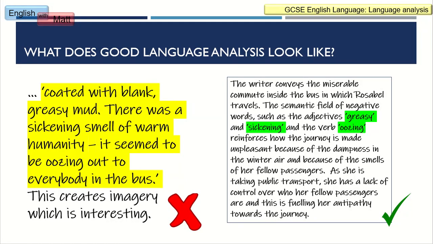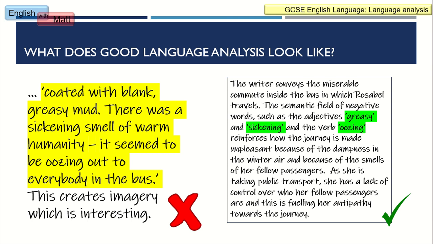So going back then to an example of what good language analysis looks like, again, we have the example on the left, which we discussed earlier, which is how not to do language analysis. But on the right-hand side, we now have a much better example. The writer conveys the miserable commute inside the bus in which Rosabel travels. The semantic field of negative words, such as the adjectives greasy and sickening and the verb oozing, reinforces how the